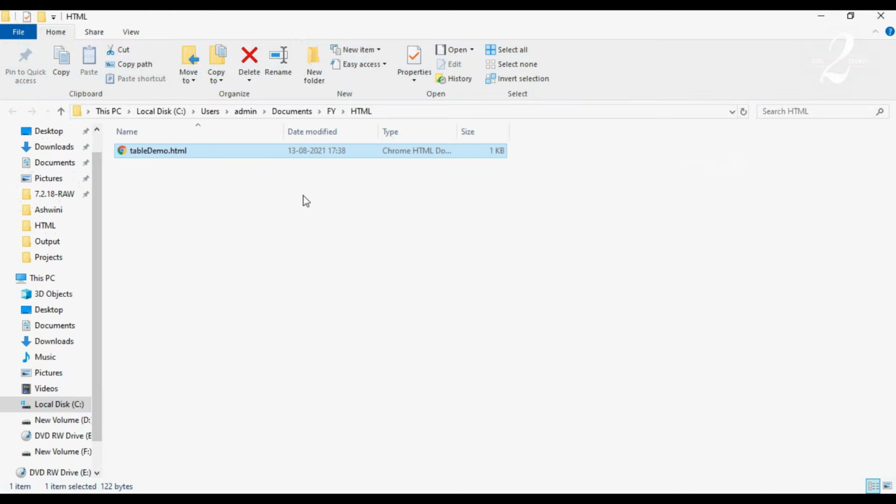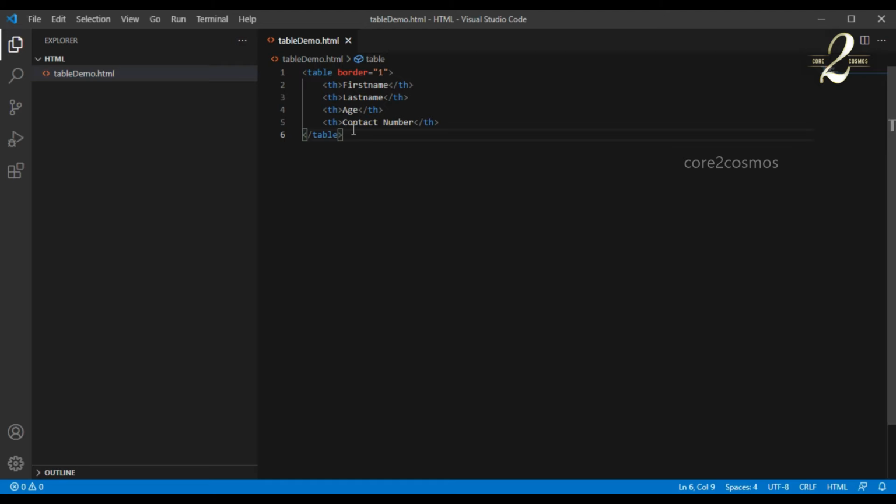Let me open the file in the File Explorer and open the file in Chrome browser. I can see the table headers are created properly. I go back to the code